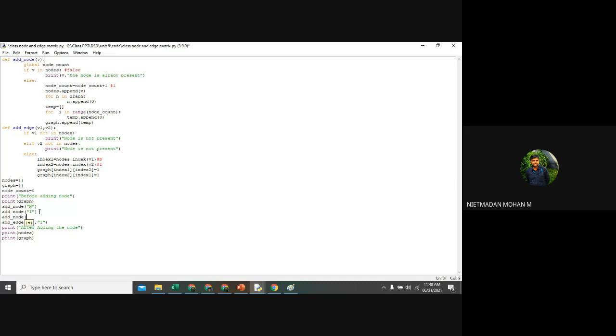Add edge of N, I. Add node, and adding edge of